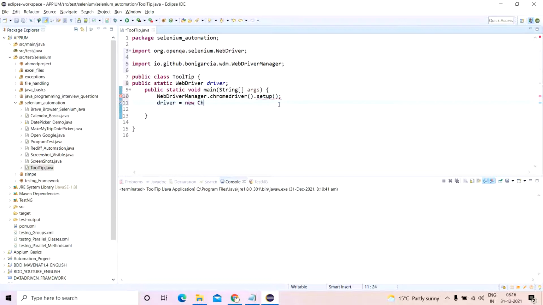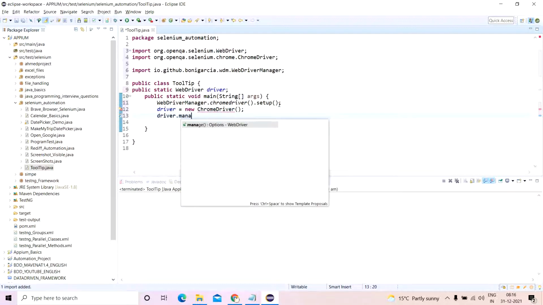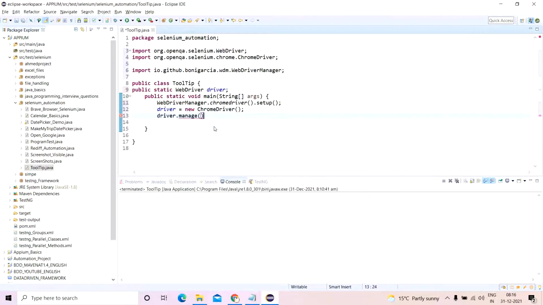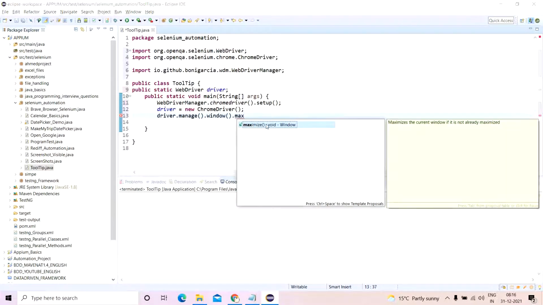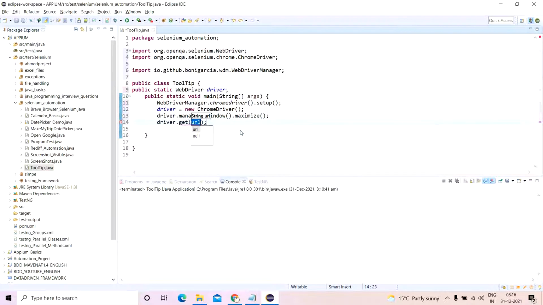Driver equals new ChromeDriver. driver.manage().window().maximize(). driver.get rediff.com. As simple as that.